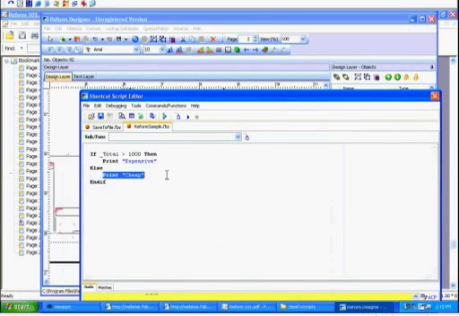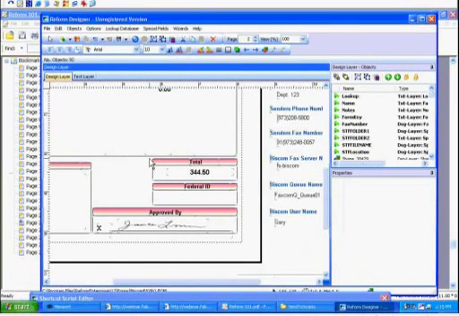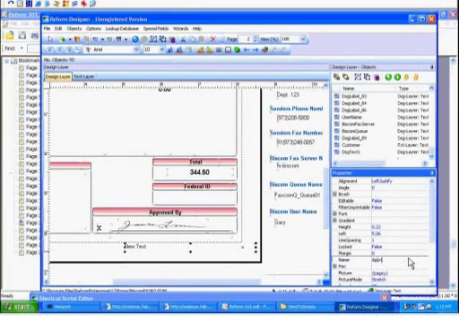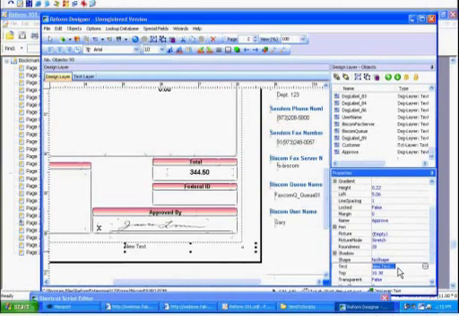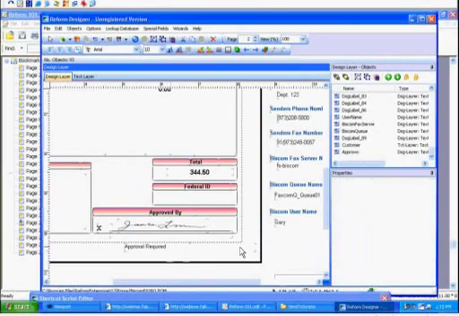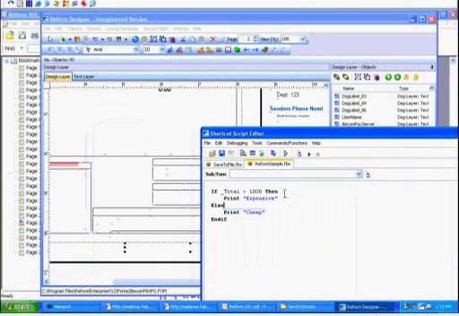Now, instead of just printing something, let's say we wanted something to happen on our form. Let's say I need something to say, I'm going to call this approve. I'm going to change the text to say approval required. So let's say I wanted to say that approval required is needed if the total is larger than 1,000. So I can actually go like this and say,